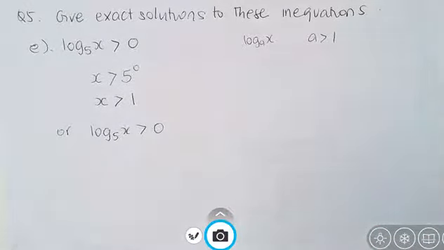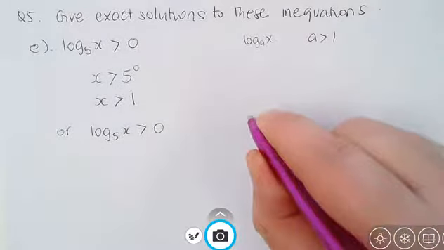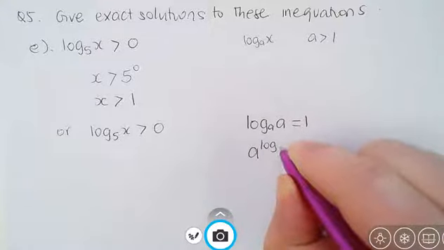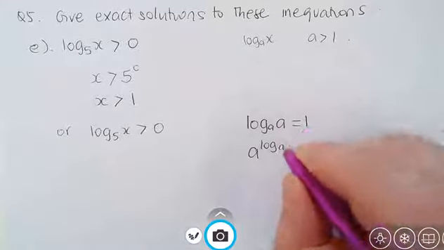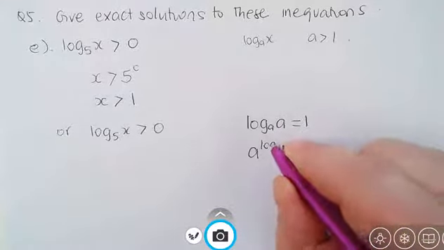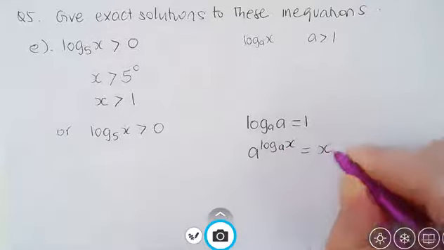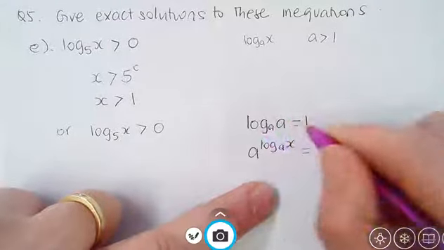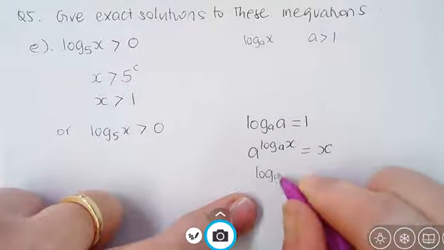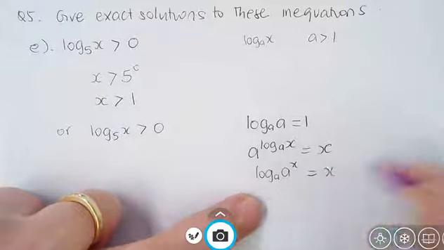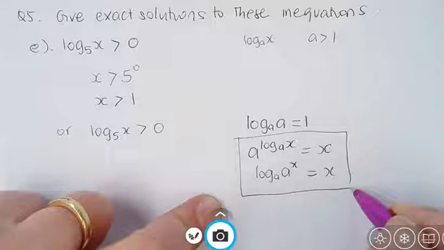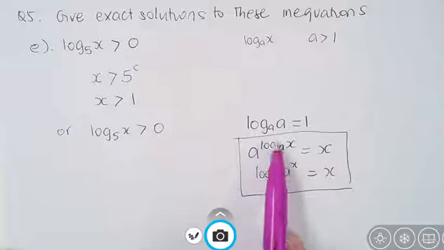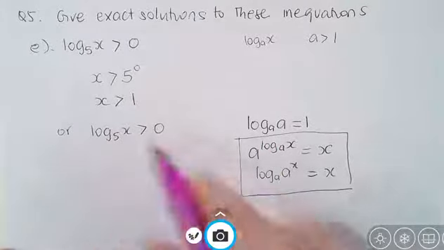Now another way you could do this is as follows. We saw last lesson the rule that log to the base a of a is 1, but a to the power of log base a of x happens to be x. I'll write this one out as well. So we also know that log to the base a of a to the power of x is also x. So we looked at these two rules last lesson. So if I look at this first rule here, a to the power of log to the base a of x is x,